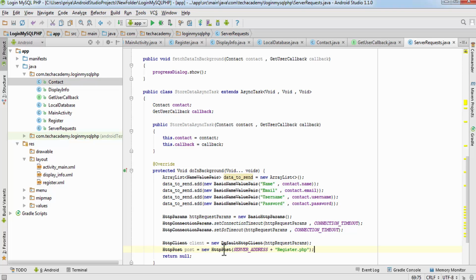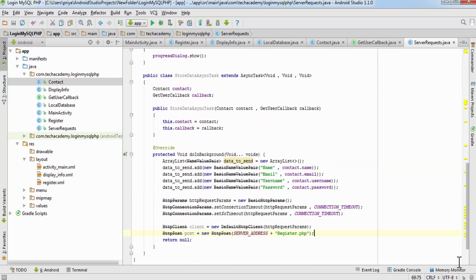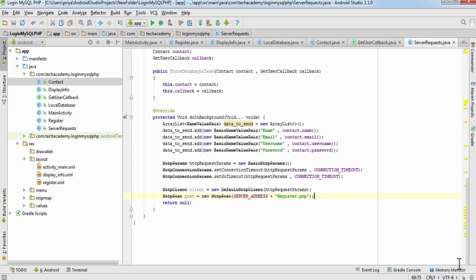So what it will do is, our server address is this. So http techacademy.net/register.php. So the register.php code will get executed, and it will add the data that the user has entered in the register activity into the database on the server.